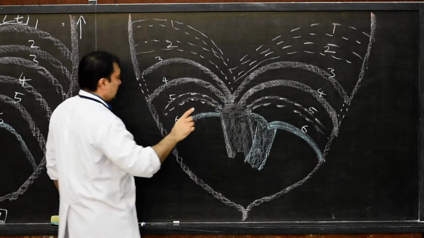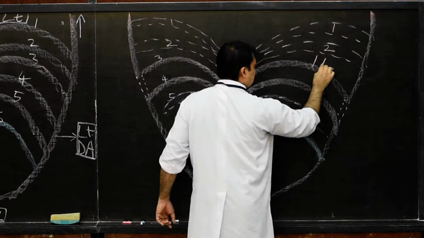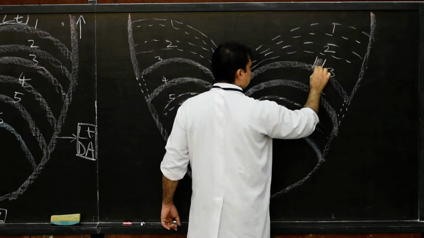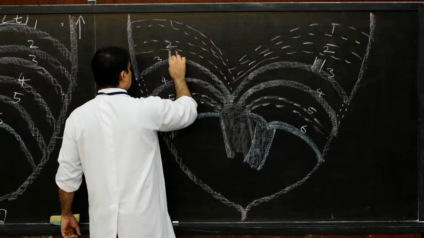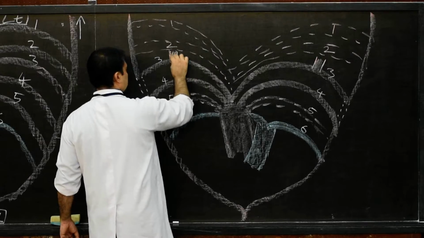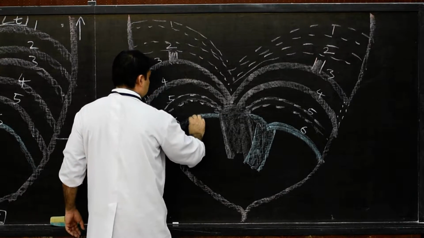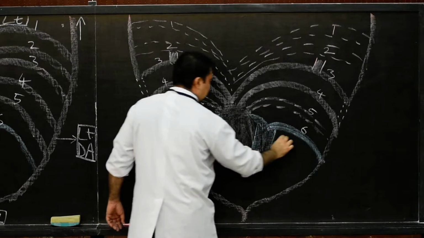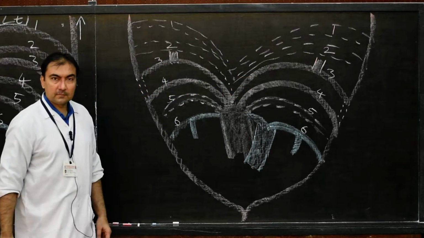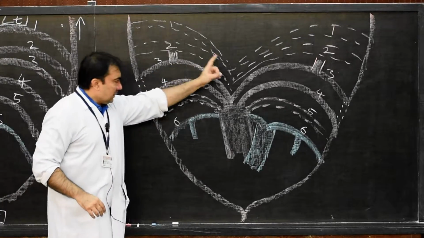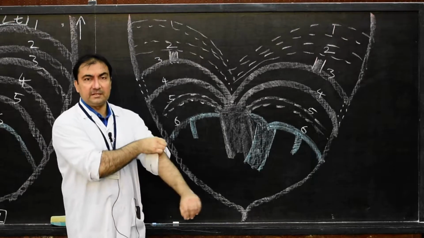Then what shall we do? Then we'll show in the third, there will be one bud which will develop in the cephalic direction in the proximal segment. Here also in the third there will be one bud which will develop in the cephalic direction in the proximal segment. And then in the sixth we will show another bud which will develop in the caudal direction. Now, after drawing this diagram, we are ready. We will start now. It is very interesting and very simple.